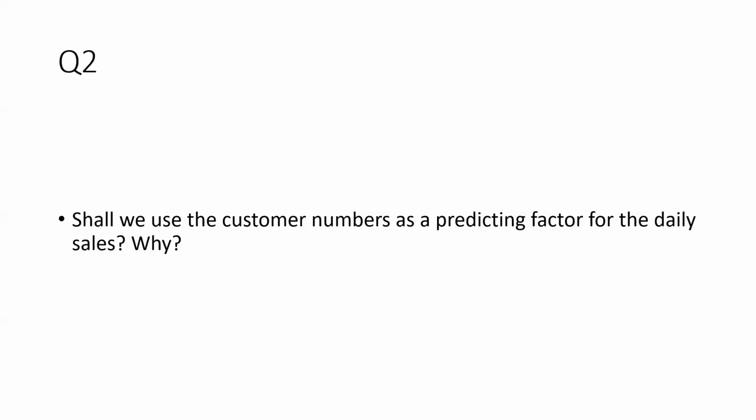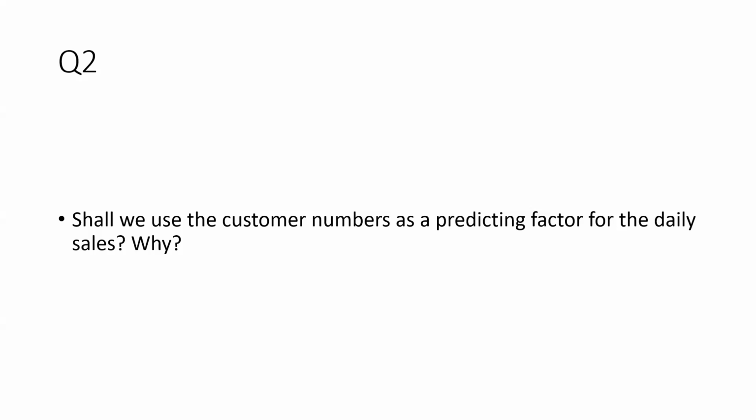But I guess in this scenario, the number of sales is a direct outcome of the number of customers. And also, if you want to use number of customers as a factor within the model, you're going to run into some problems,